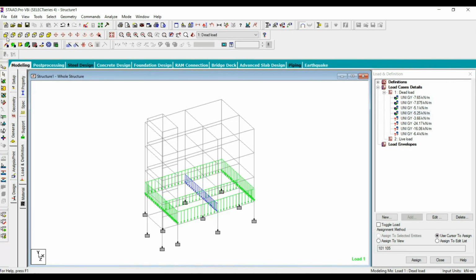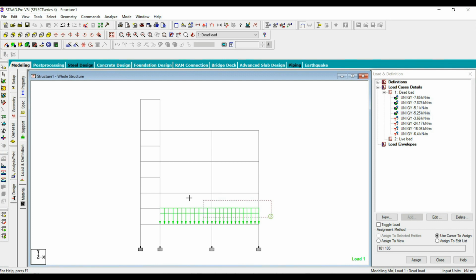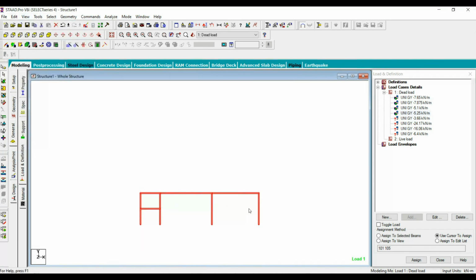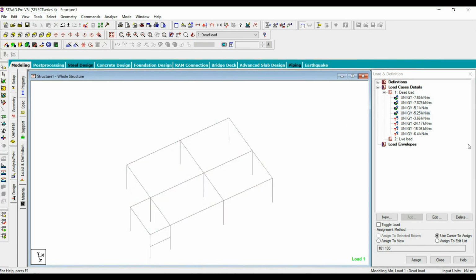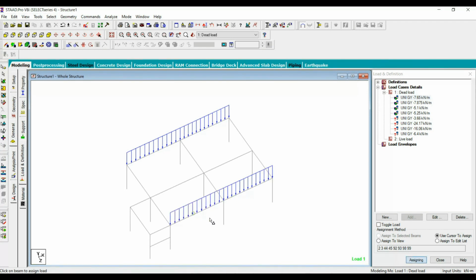Next let's go to the ground floor roof. Here also outer walls I am assigning, and then this one is for vertical.